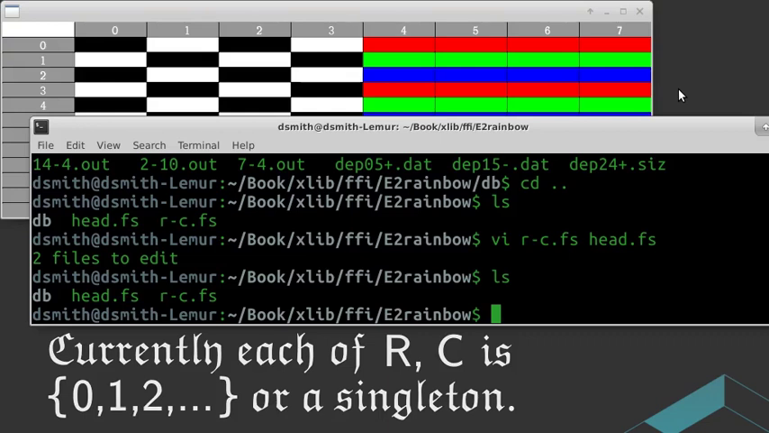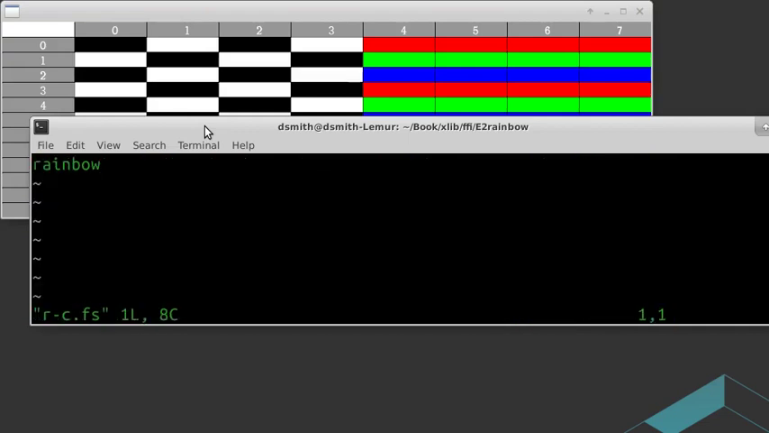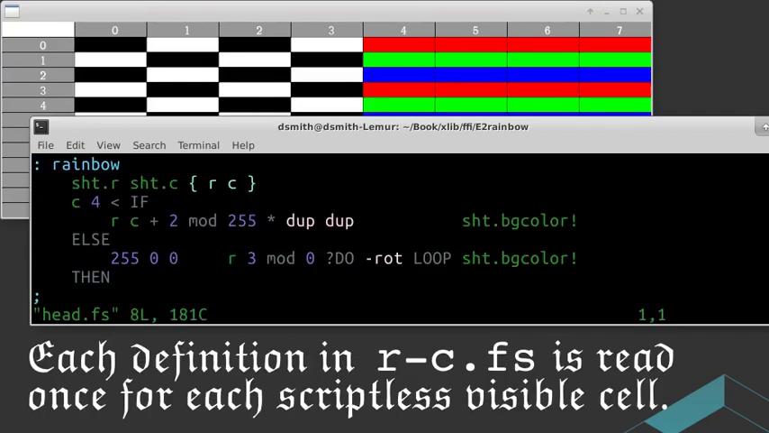And this other file, head.fs, is a script that's read when the spreadsheet program starts up, and it's a good place to put definitions of words. So let's take a look at those 2 Gforth programs. The default cell script, rc.fs, just calls this word rainbow, which has been defined in the head.fs. So let's take a look at head.fs,